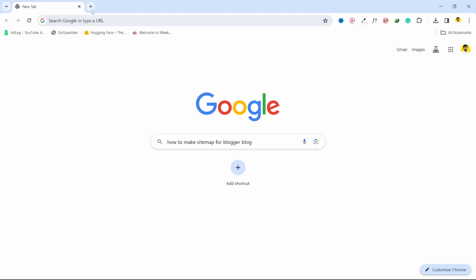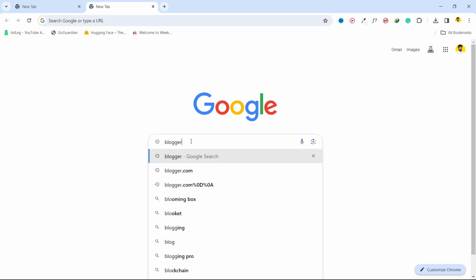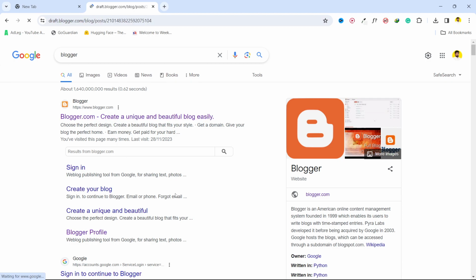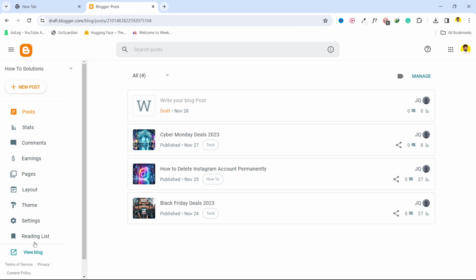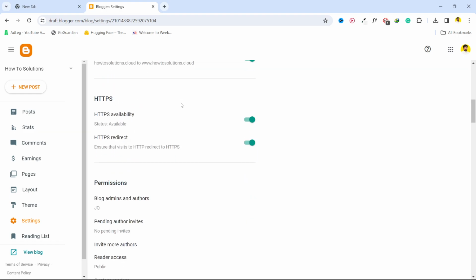So the first step you simply need to do is to open Blogger and log in to your Blogger account first. I already logged in. Once you are in your blog, you simply need to click on settings. Once you are in your settings, you simply need to scroll down